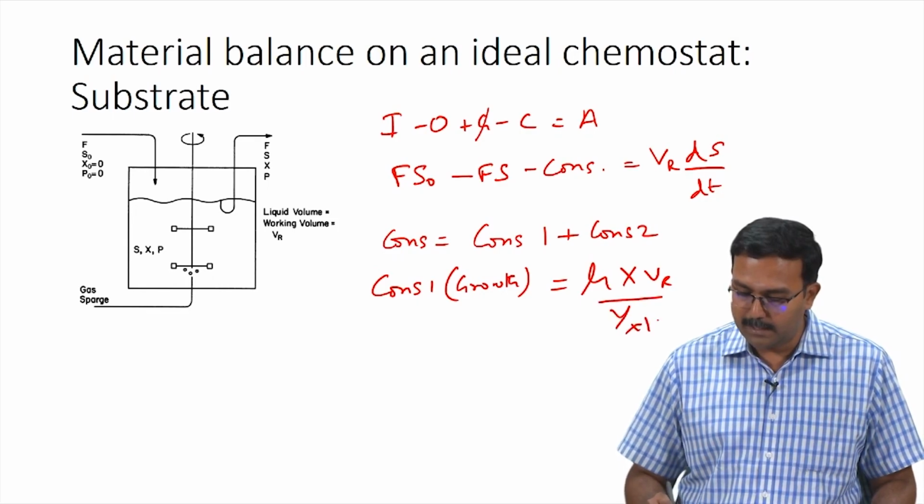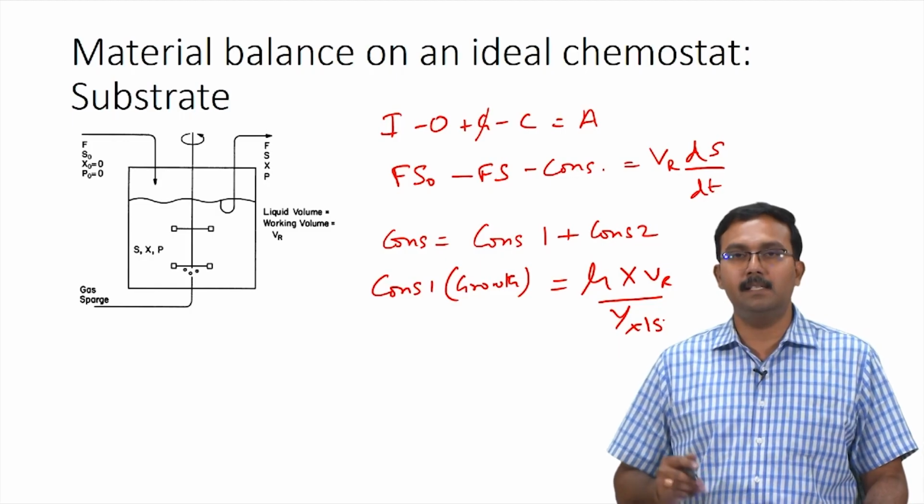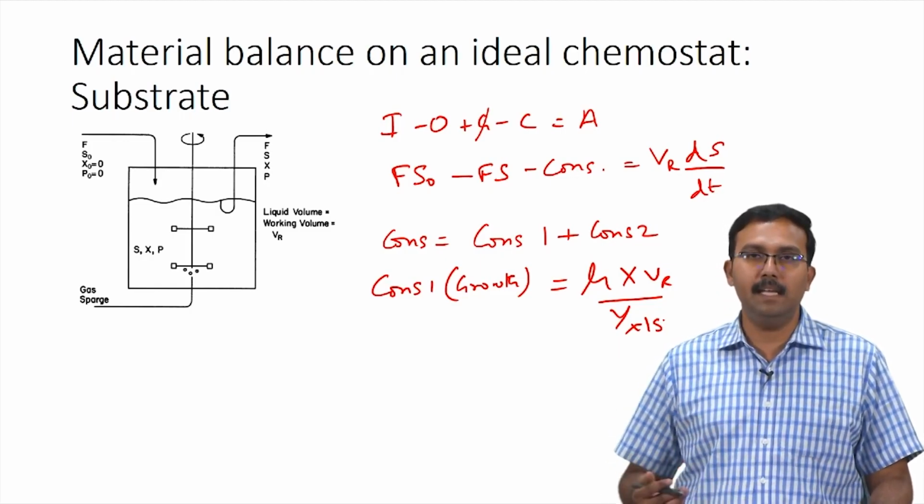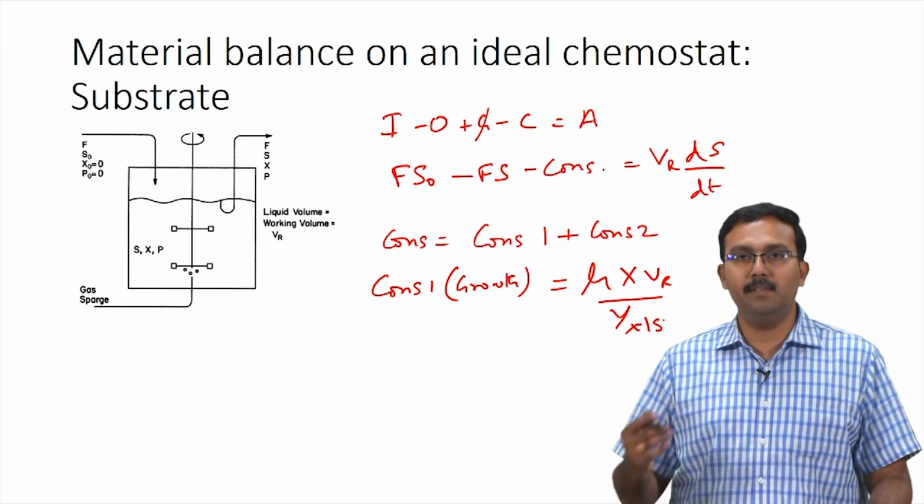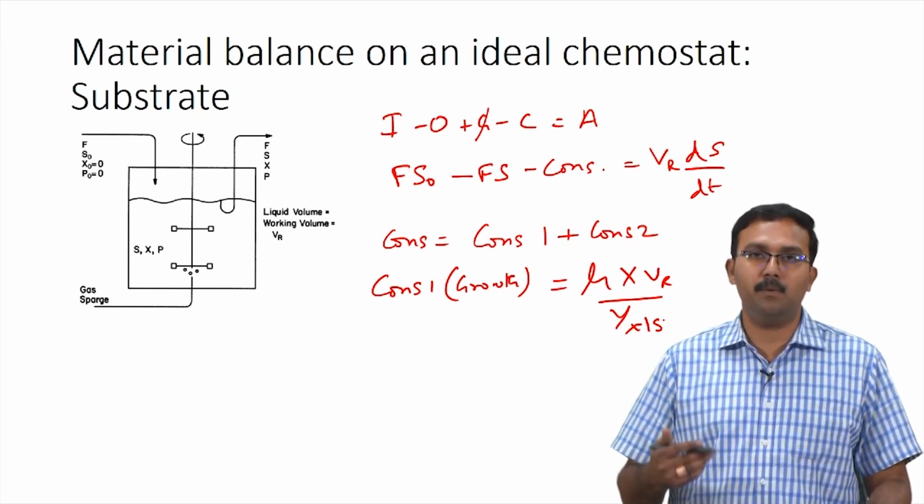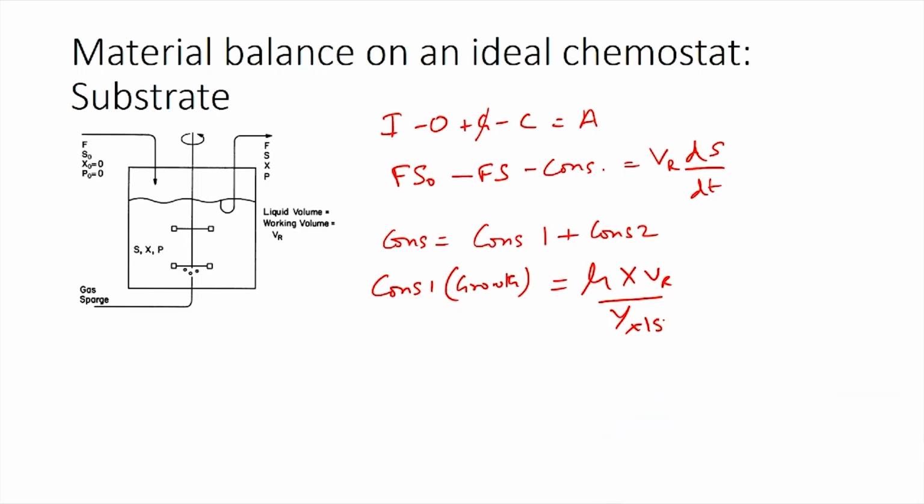by Yxs. What you see here is mu x Vr is the biomass which is generated, and Yxs is the yield of the biomass with respect to per unit of substrate consumed. So mu x Vr divided by Yxs will actually give you the amount of substrate which is consumed per unit biomass which is produced. The second consumption, which is for product formation, can again be written in